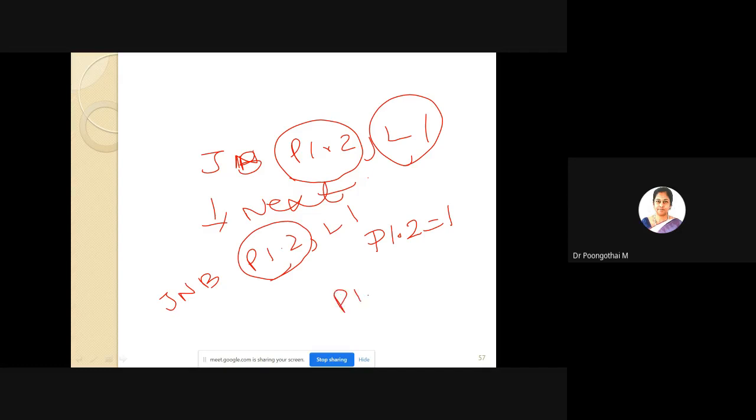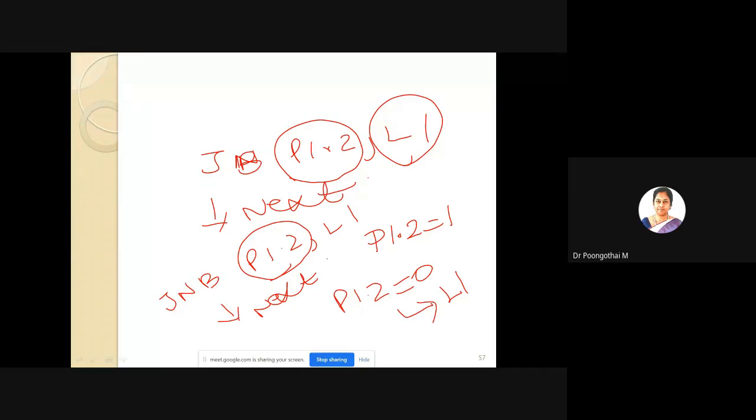If P1.2 is equal to 0, your program control transfers to L1. Otherwise, it will execute the next instruction. So depending on the values, whether it is 0 or 1, it will make a decision. That is the purpose of bit manipulation instructions.